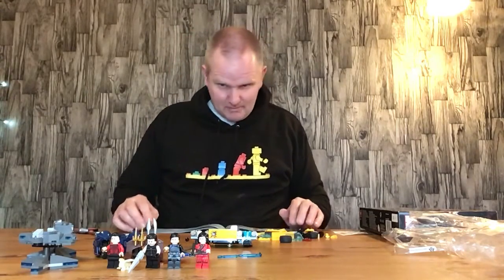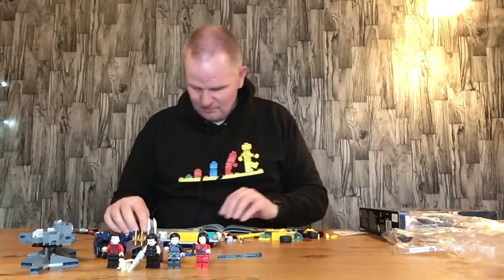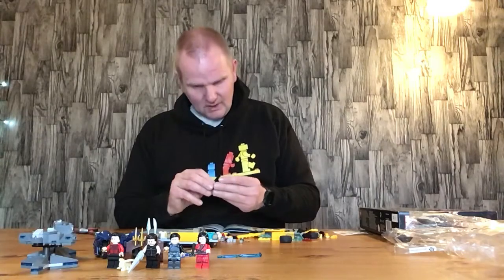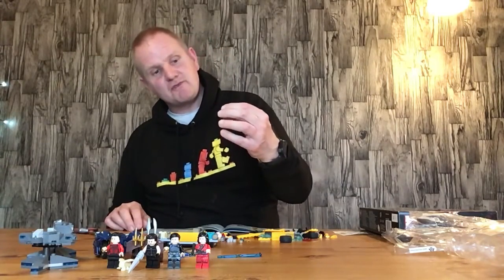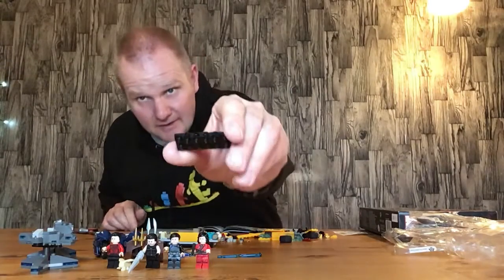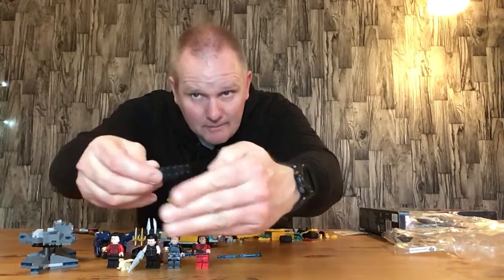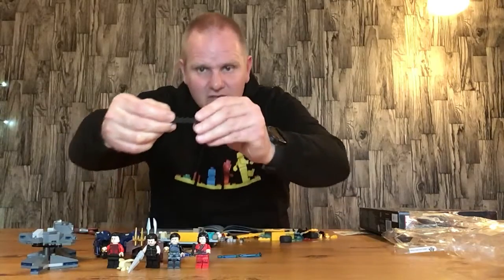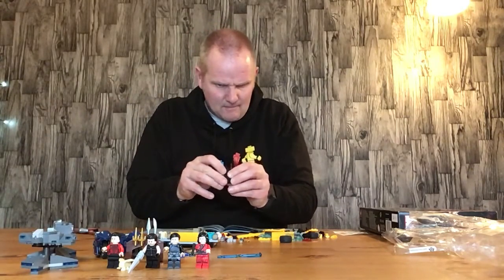We've got to make a bit more of this car now. Try and make it look a bit more like a car. We start off with one of these bricks here, which is a 6x2, but it's got a bit on there. Try and show you. It's hard to see without. I'll show you it on my hand, so you should be able to see it. You can see there's another brick on top there,